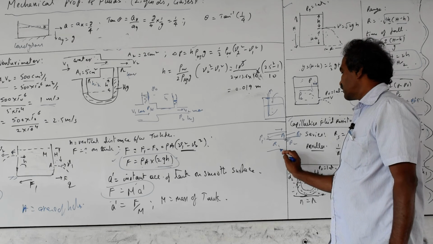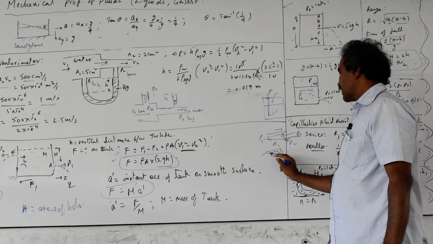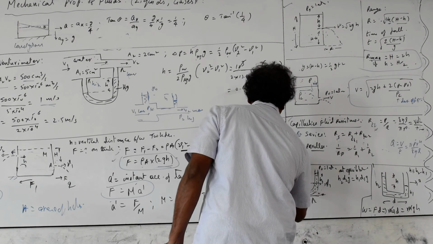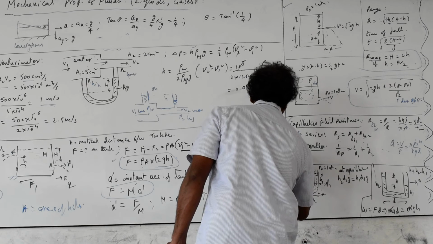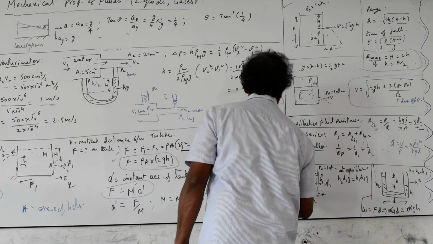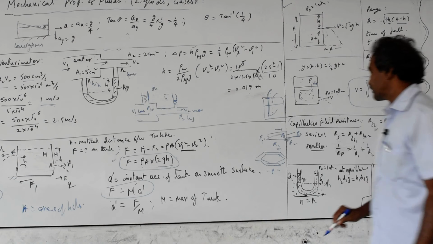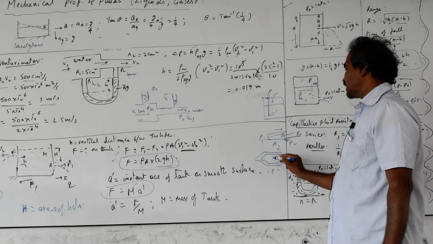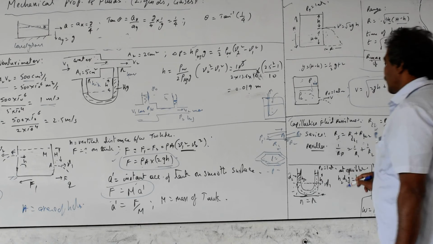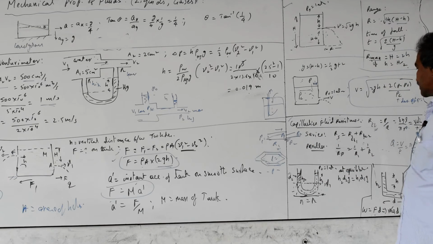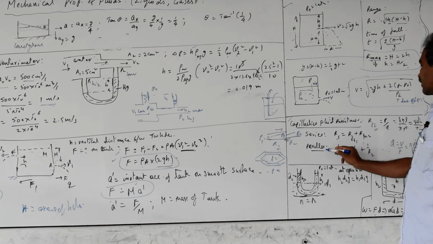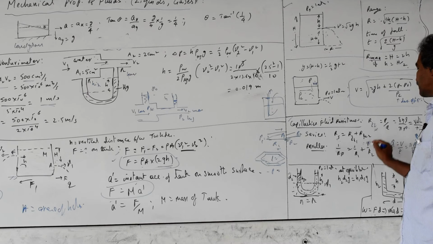Next, if you are connecting the capillaries in parallel, the pressure difference P is constant, and the area of cross section will be different. Generally we take L the same, constant. Here the areas of cross section are not equal, and L can be different. So P is constant in this case, while in series P is not constant for the two tubes. For the parallel combination, 1 by resistance equals 1 by resistance 1 plus 1 by resistance 2. You take the reciprocal addition for capillaries in parallel.